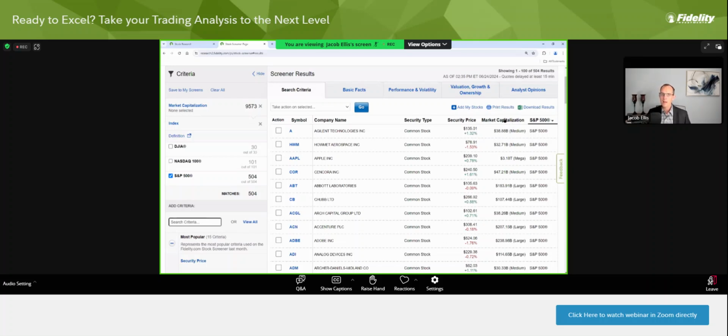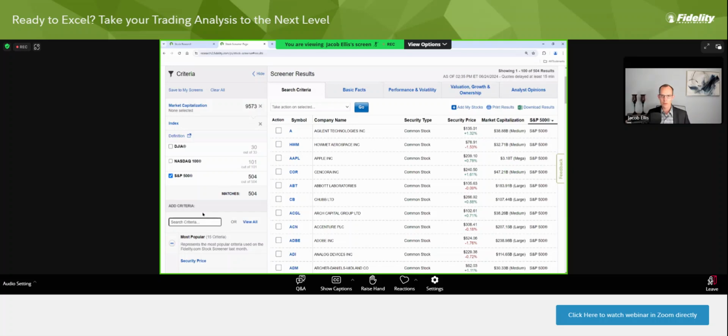It didn't filter, but it is added as additional information. So you get to decide whether or not you want these to show up on the list or not, and whether you want to limit what is visible as a result. So we've got now our market capitalization, we've got the index,